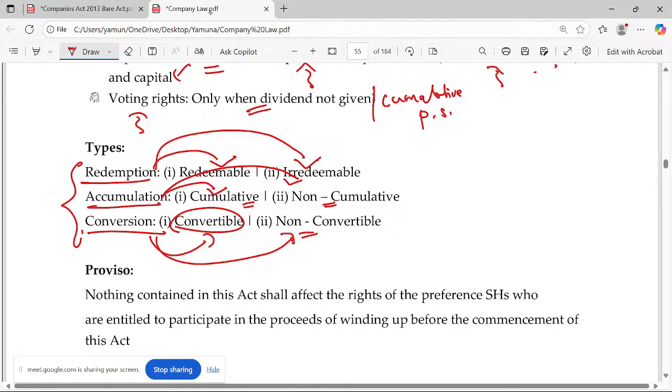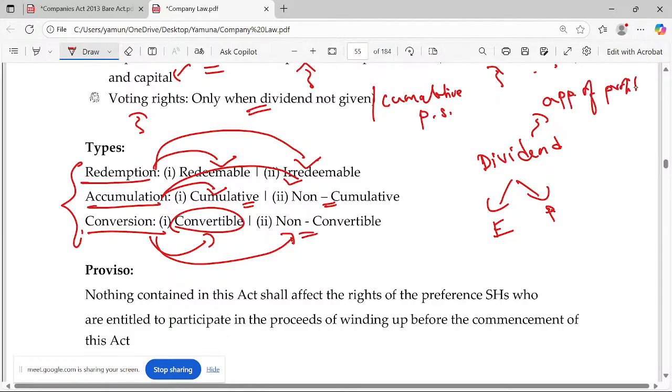You know that when we say dividend, let me go at it from this angle. Take two shares, one equity and one preference. Dividend has this definition of appropriation of profit, right? For preference shareholders, even though it's called appropriation of profit, it will be called a charge on profit, which means it's mandatory for the company. The company is liable to pay the dividend if it is a preference share.